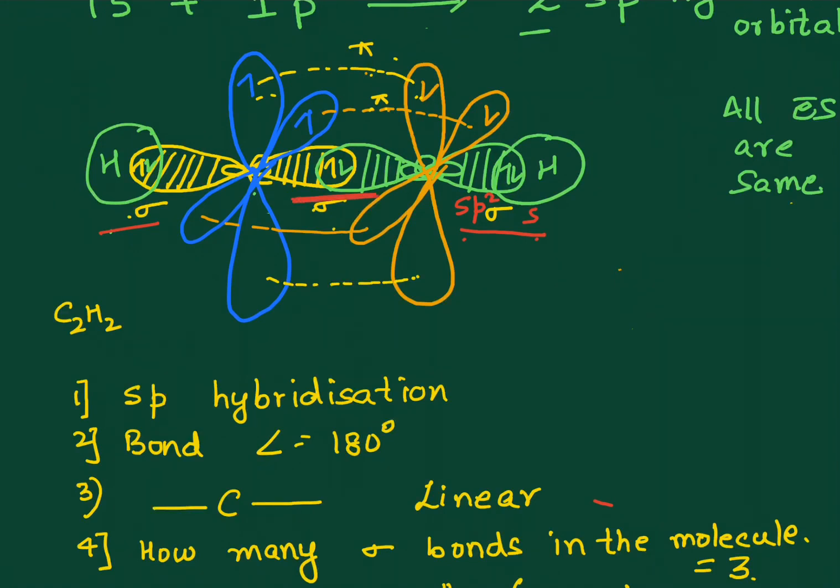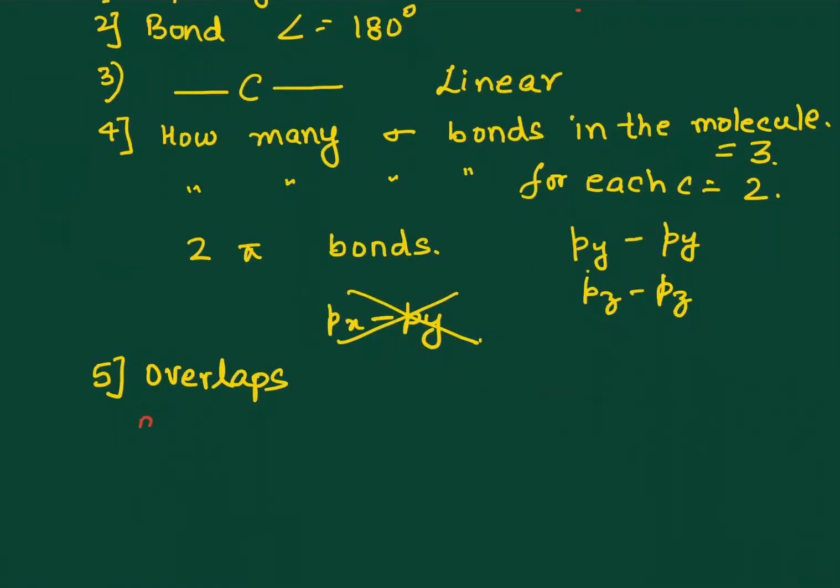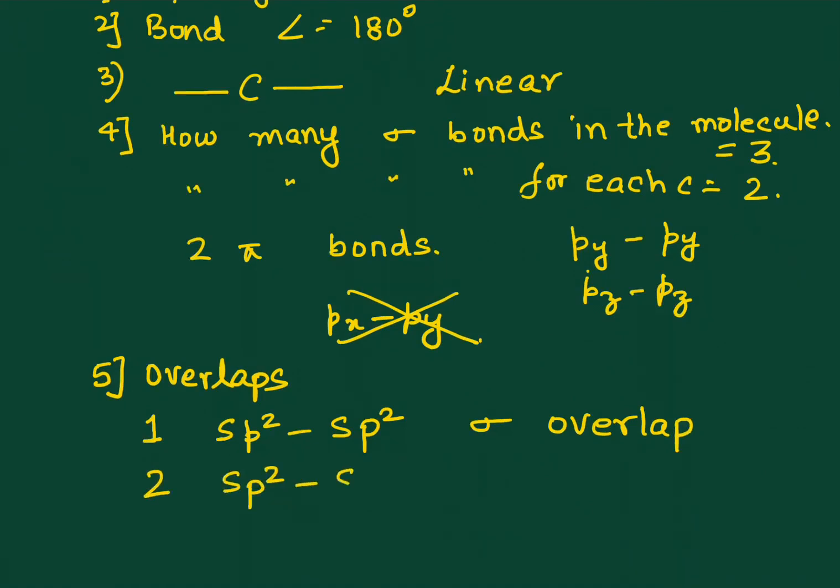What is the kind of overlap over here? What kind of orbitals are overlapping? Very correct. It's sp2, sp2 sigma overlap. So we've got 1 sp2, sp2 sigma overlap, and we've got two sp2s sigma overlap. This is with the hydrogen. Each of the carbon is undergoing with the hydrogen atoms.